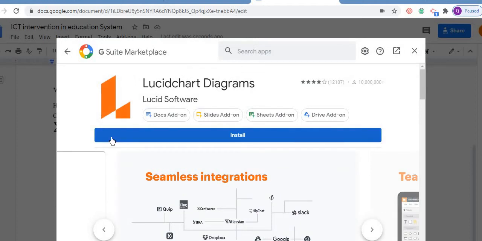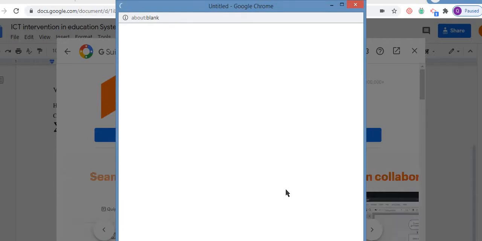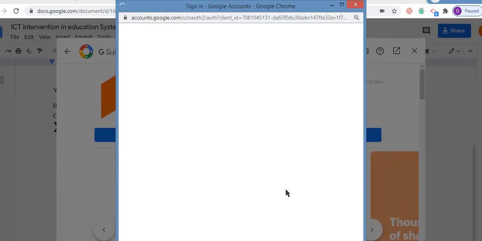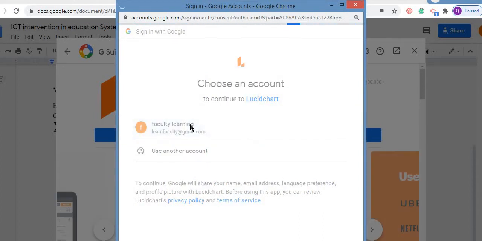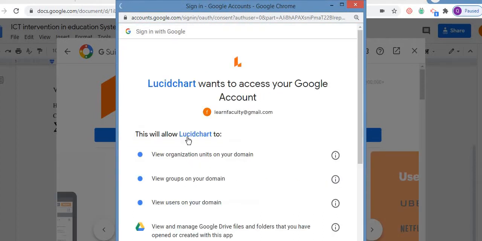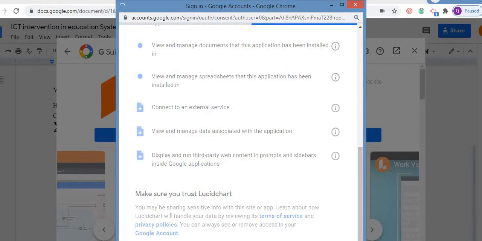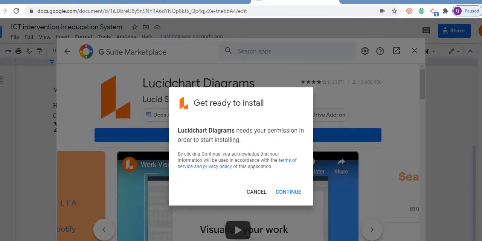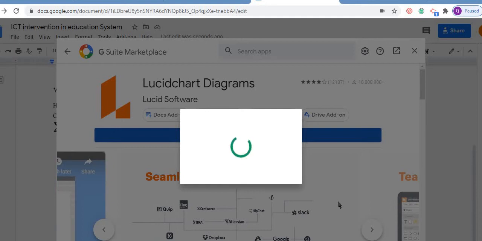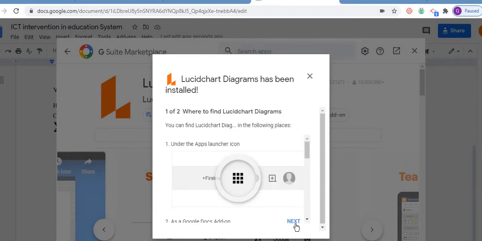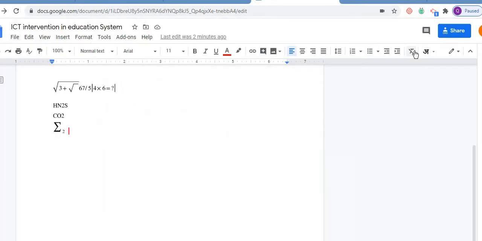Look at chart. Maybe in some subject it is beneficial, I think. So again, click your Gmail ID, allow it, give the permission so that it can run. Yeah, next, done. Okay, so let's find,